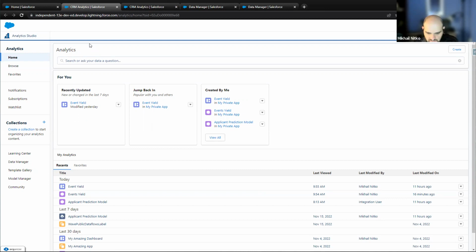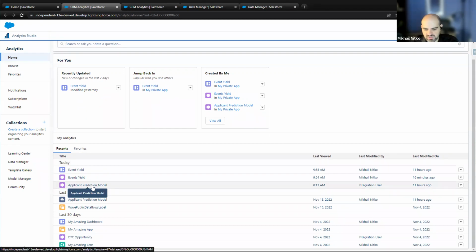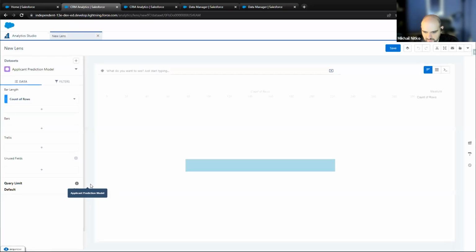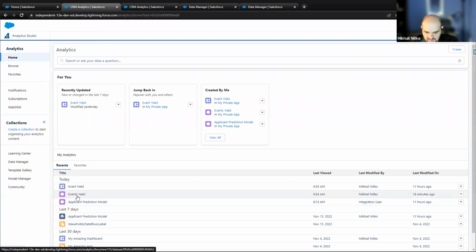And I put in a bunch of different fields. The recipe that I created pumps out a data set called application prediction model. This is just the name of the data set, not the model itself. And oh, hold on, this is what's called a lens. We're not going to go into what lenses are at this moment.